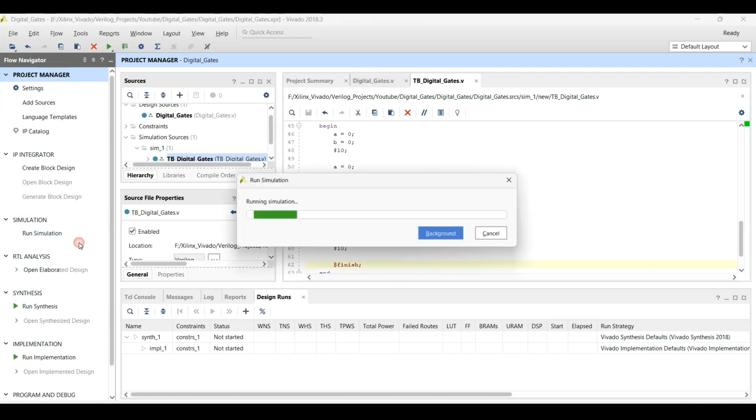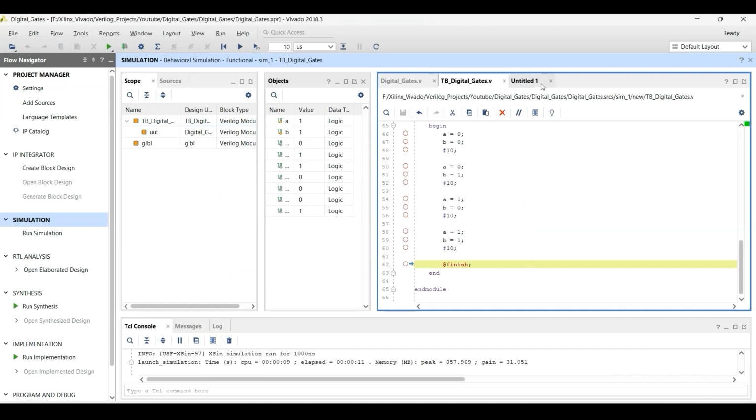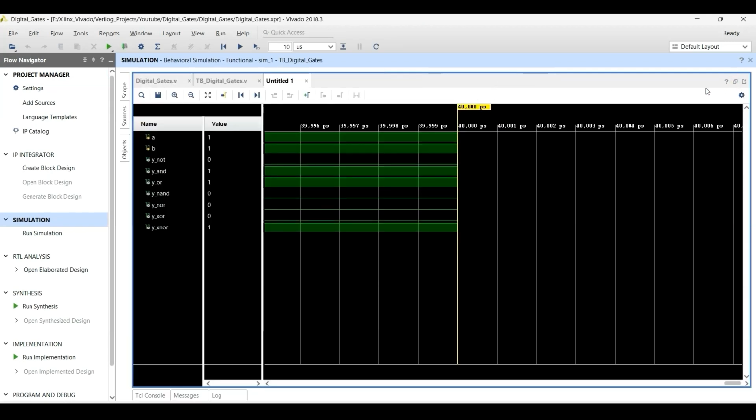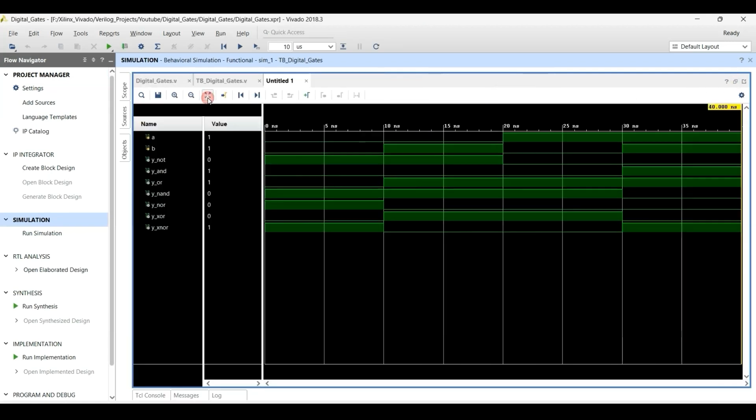Now we can run the simulation, and here we can see the result. As you can see, when both A and B are 0, NOT is 1 and AND is 0, OR 0, NAND 1, NOR 1, XOR 0, XNOR 1.